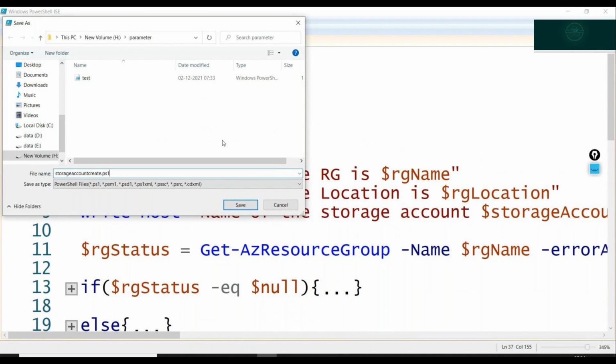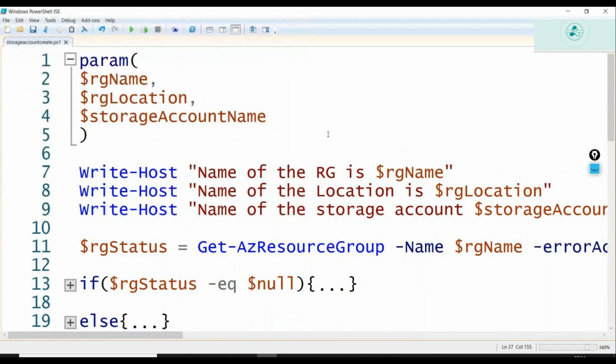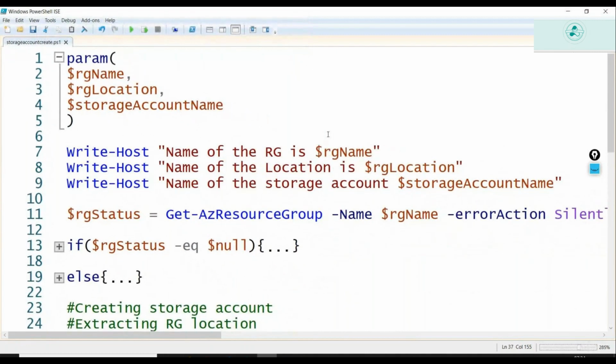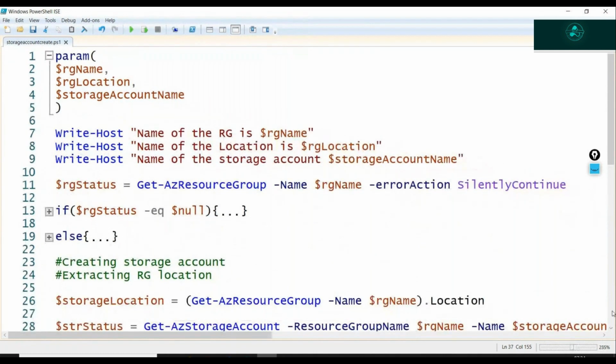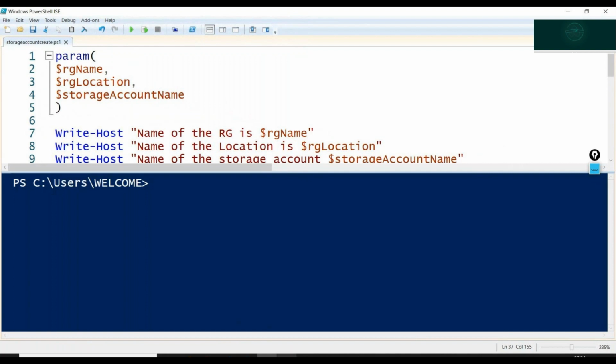For example, I'm creating a storage account, so I need to understand this is a storage account create script. So I'll say storage account create .ps1. These are the best practices we follow generally. Okay, so I'll say okay, fine, storage account create .ps1. Let me minimize this slightly. For the create. And what I'll do right now is split my screen